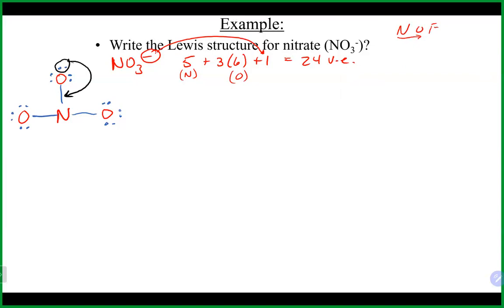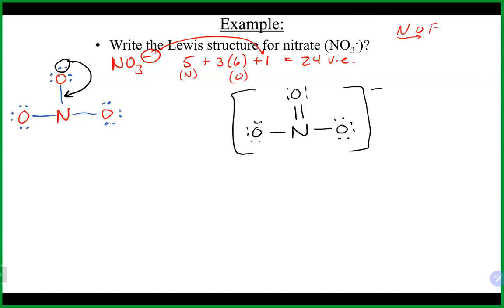So those electrons are going to come in to make the double bond. The result is that in my example here I end up with a double-bonded oxygen up on top. I will still have single-bonded oxygens on the sides. And just to make it prettier, I put a bracket around it with the charge on the outside since it is an ion. And now what I have is a structure that still has only 24 total electrons, and